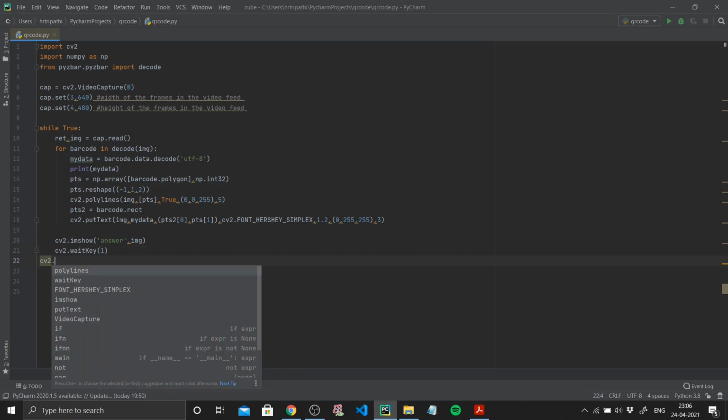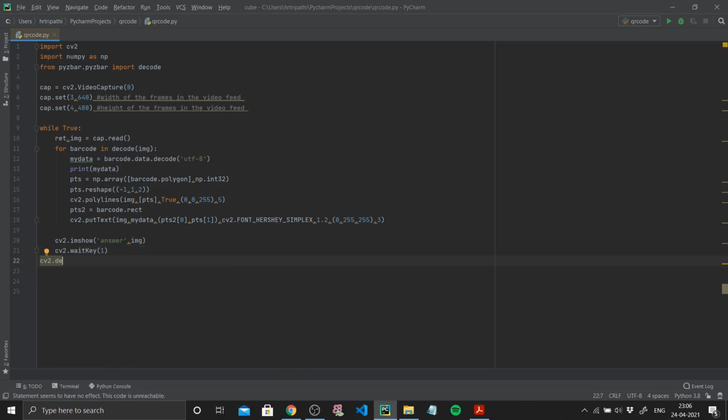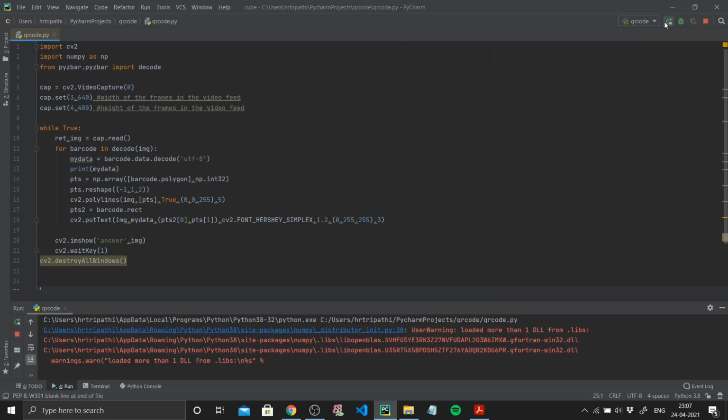And this is a good habit, destroying all your windows after you've done your coding, just to save computing time. So you should destroy all windows, and that should do the trick. Okay, I think this is a capital W. Cool. So let's just run and see if this works.